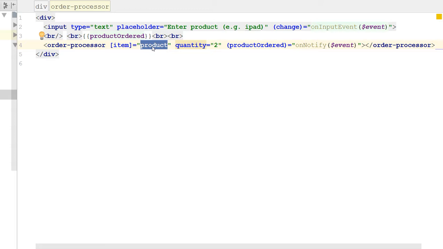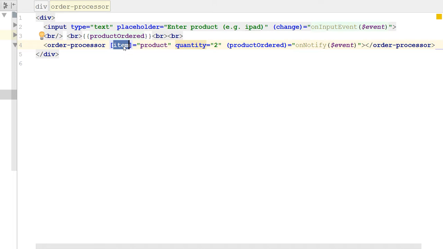The product in this value here now changed. So basically, this child is taking an input parameter from the parent, and it's mapping that value to item,